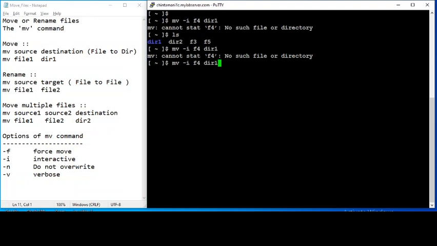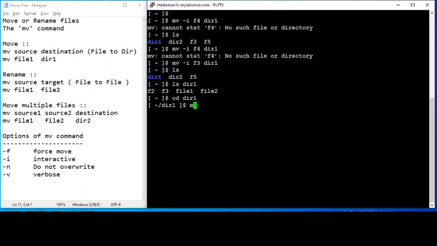So F4 is not here. It is there in dir1 now. dir1 is having 4. So let's go to dir1 and let's see. So now there are 4 files.